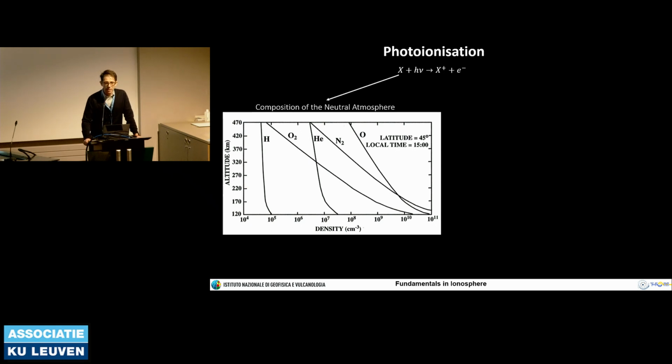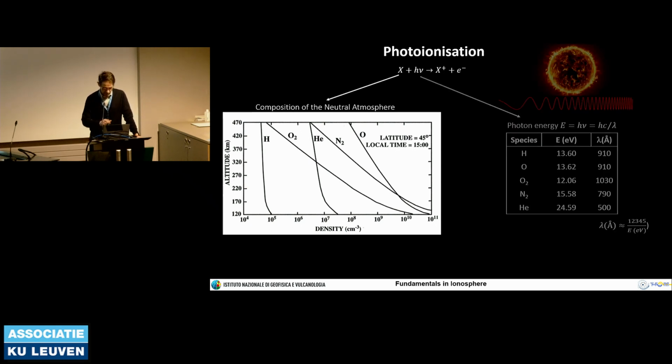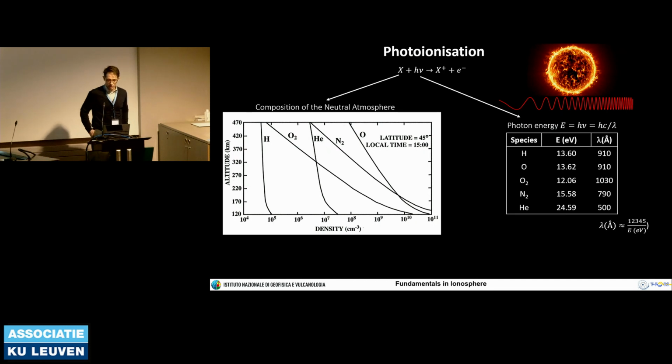And then you need some photons, good photons, and there is the sun, luckily. Of course, you need photons that have exactly the energy needed to make the electron pass from one orbital to the other. Here you can see the energy needed, a specific quantum of energy, also reported in terms of the specific wavelength that the photon must have to enable the photoionization.